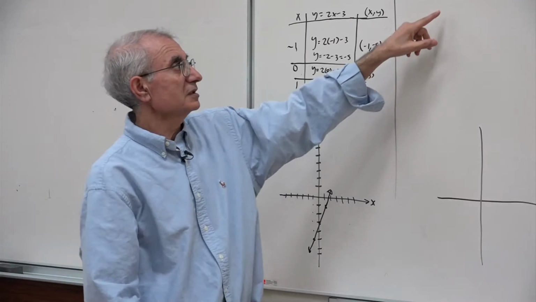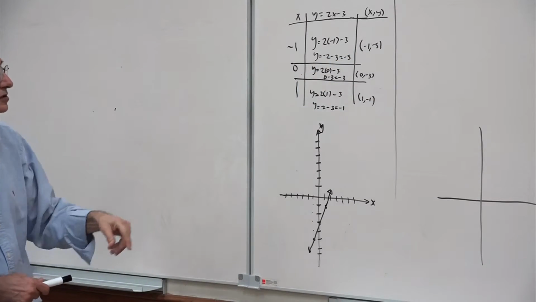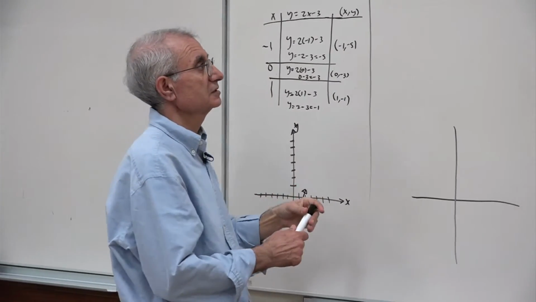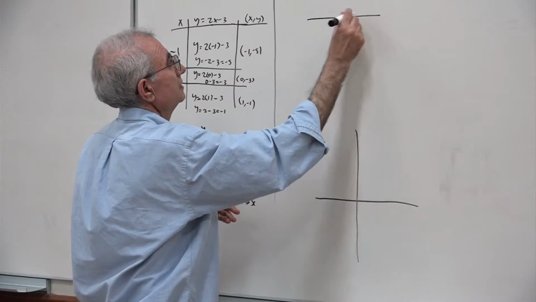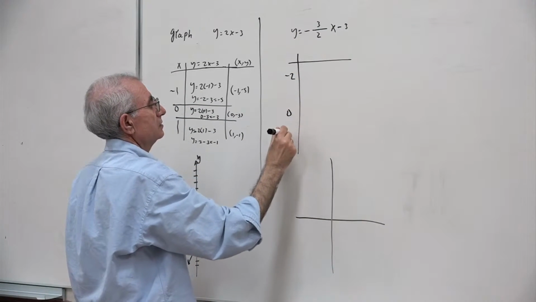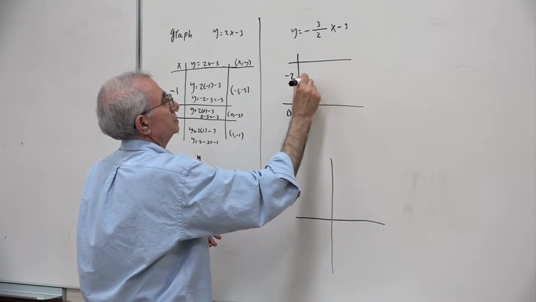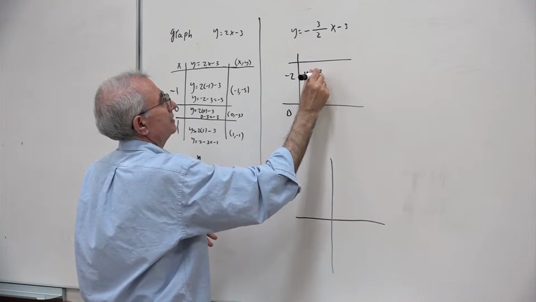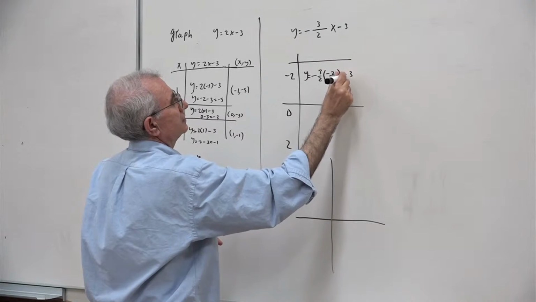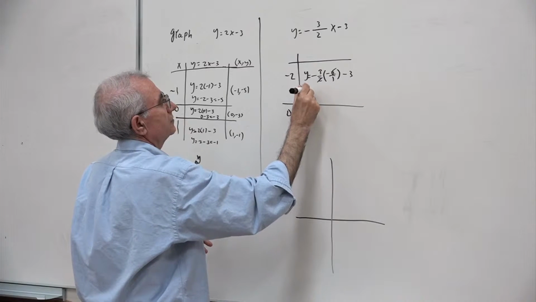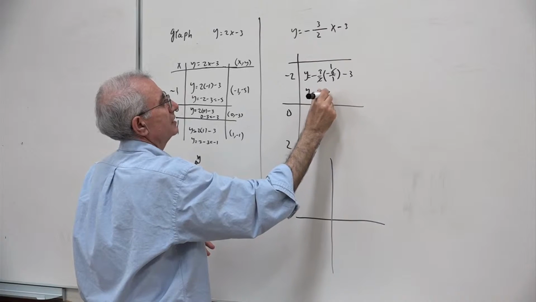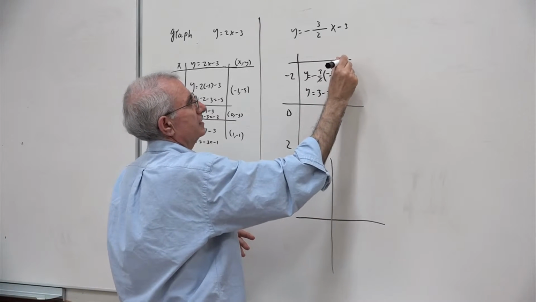Now when I'm graphing this one, I'm going to be more careful about what kind of numbers I use. I wouldn't use negative 1 and 0. I can, but for simplicity, I will use numbers that are divisible by 2. So I'm going to use negative 2, 0 and 2. So y equals negative 3 halves times negative 2 over 1, minus 3. These 2 cancel with these 2, so you get negative 3 times negative 1, which gives you positive 3, minus 3, which is 0. So when x is negative 2,